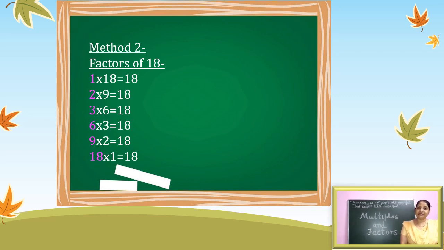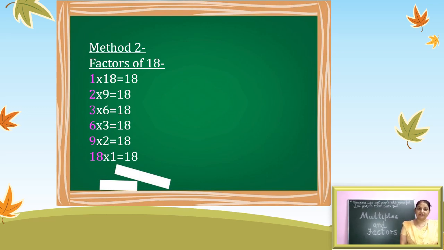The next table is 2. So 2 9 times gives us 18. In table of 3, 6 times we get 18. So 1, 2 and 3 are the factors of 18. But 4 is not a factor of 18, as in table of 4 we do not find the number 18. And 5 is also not a factor of 18, as in table of 5 again we do not get 18.